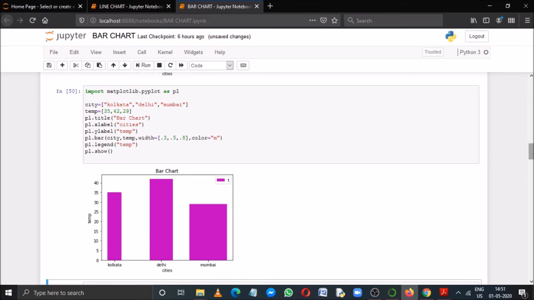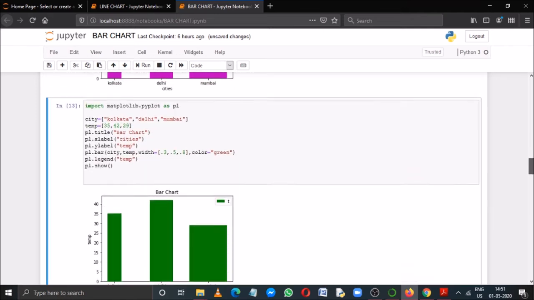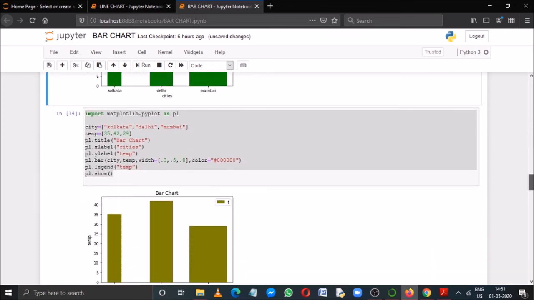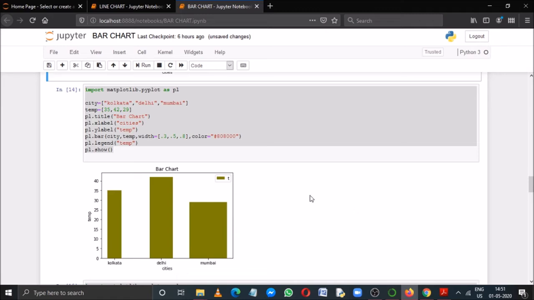So you can write any color code like the previous tutorial. Now instead of writing the color code, if you want to write the full color name, like here I have mentioned green, that's why the green color bars are appearing. It's also allowed. And not only this, you can also write the hexadecimal color code.